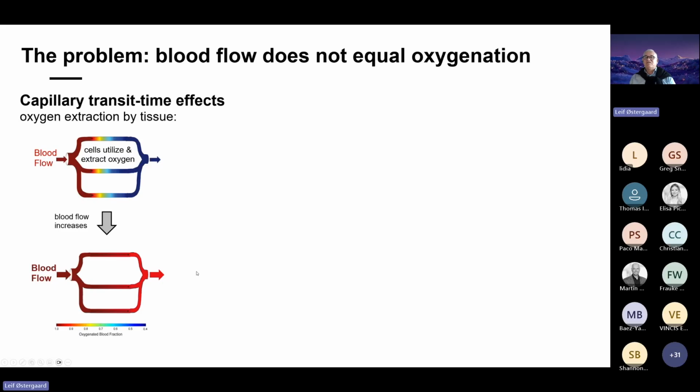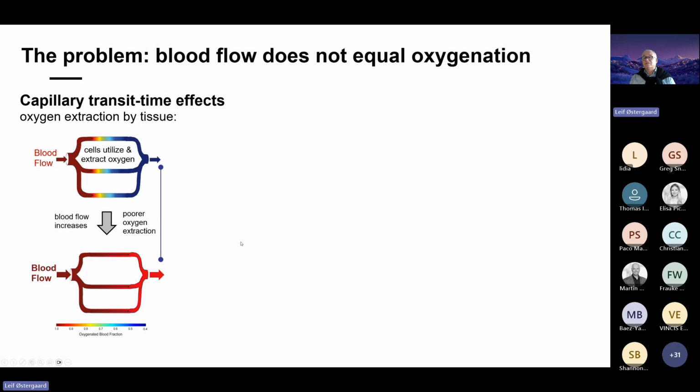Namely, that if we increase blood flow through these three capillaries, then the time available for tissue to extract its oxygen content actually becomes very short, and it becomes insufficient for tissue to actually extract blood's oxygen content. So this is a basic biophysical problem that has troubled people for many years. You can see how oxygen extraction from the color here is really poor down here,